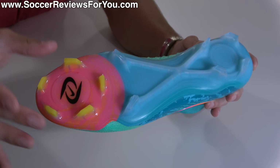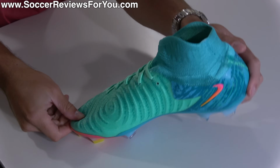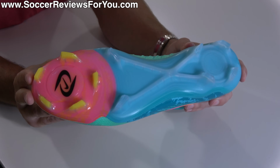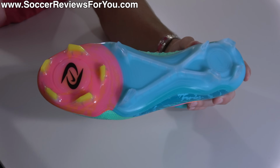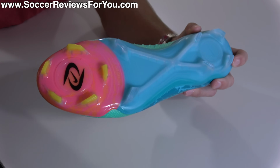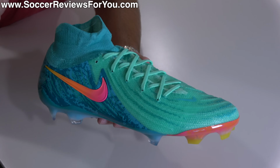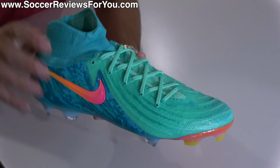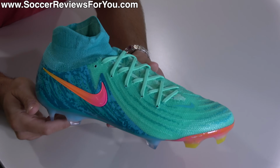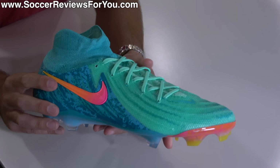And while there's definitely some hate around this circle of 5 different bladed studs that are supposed to prioritize rotational movements when in fact they just dig into the ground and stay stuck like any other bladed stud pattern would, it still provides very aggressive traction, and the sole plate as a whole feels nice and solid underfoot. If you're looking for a super comfortable, slightly padded knitted upper feel with a mid-cut design, additional grip on the ball, and relatively aggressive traction, the Luna 2 is, like I said, a really solid option despite its almost unnecessary